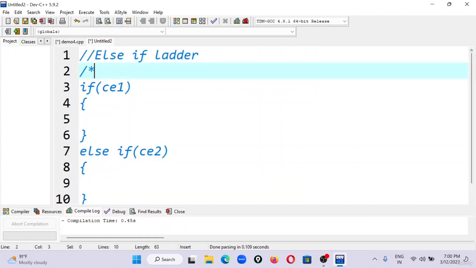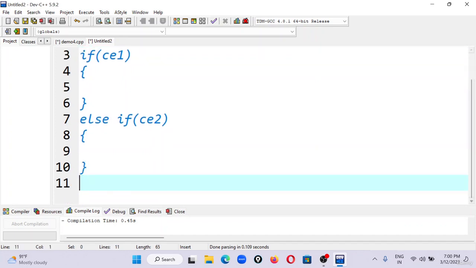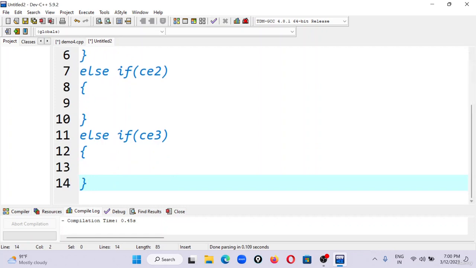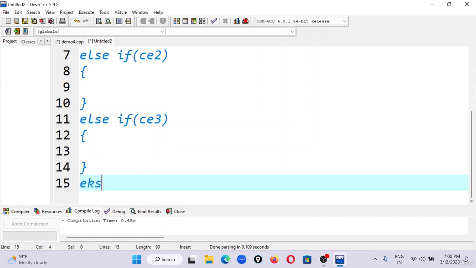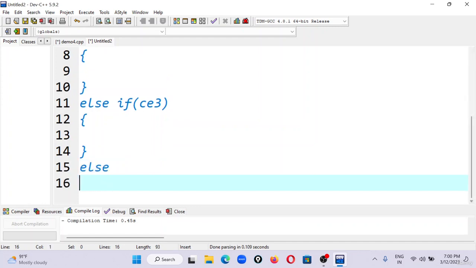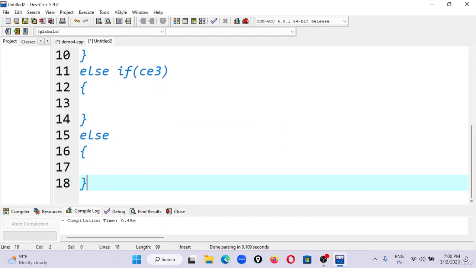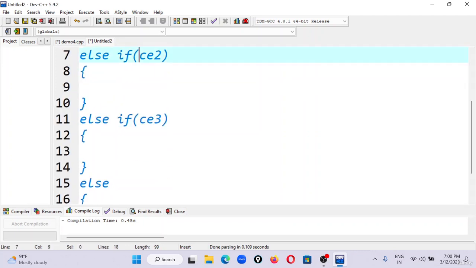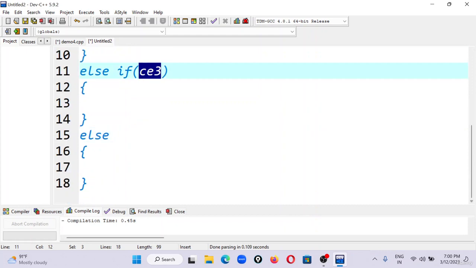And similarly, we can write multiple conditions here. If you have one more condition, you can write else if conditional expression 3. Again, corresponding statement block. And finally, you can write an else block here. If suppose all these above conditional expressions are evaluated to false, then control directly enters and executes the code inside